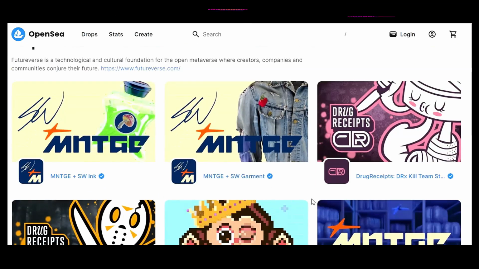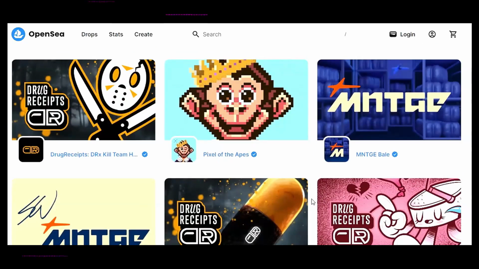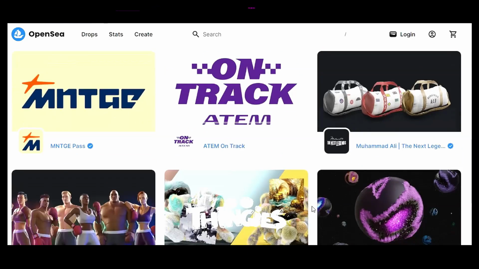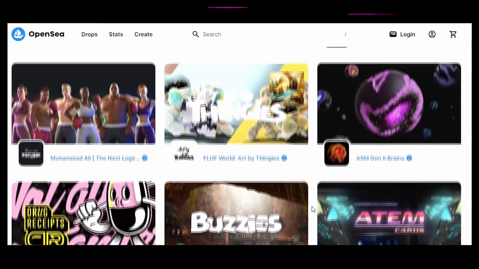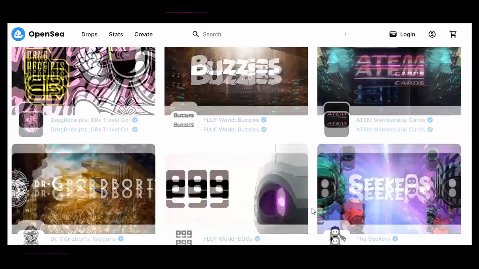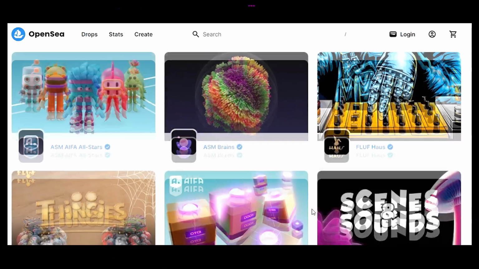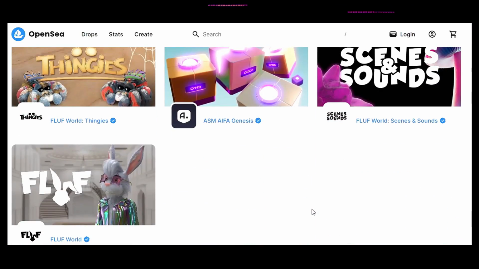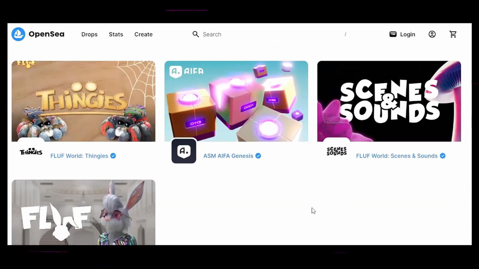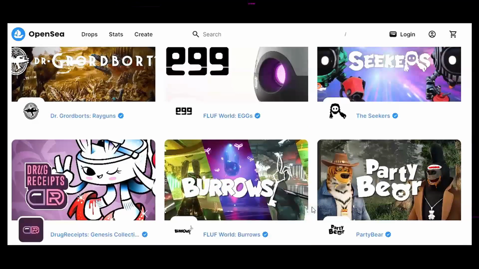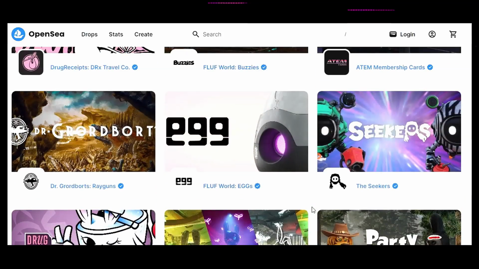Here you can view many of the partner collections as well as the Futureverse collections that are eligible to earn you future score points. So you can see that there are many more right here. Though this still is not every single one, there are even more than what you are seeing right here.